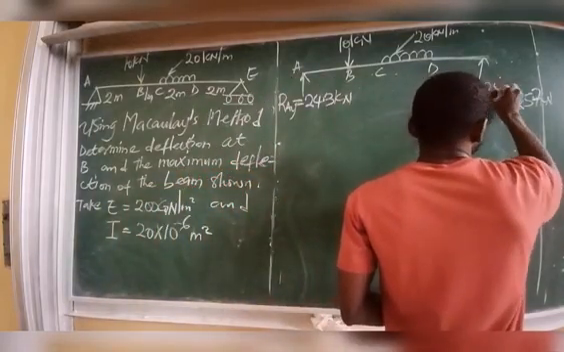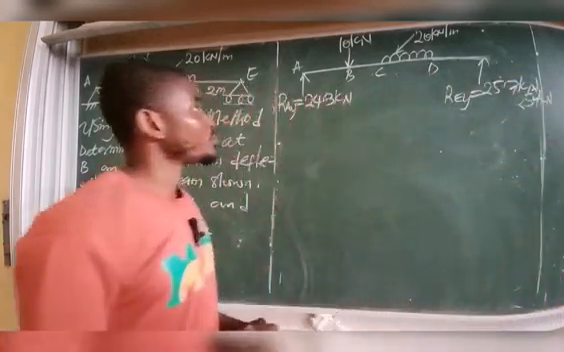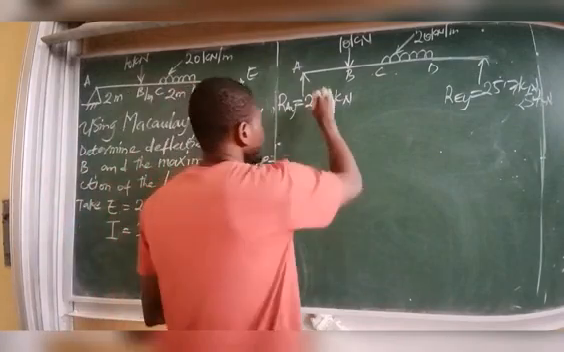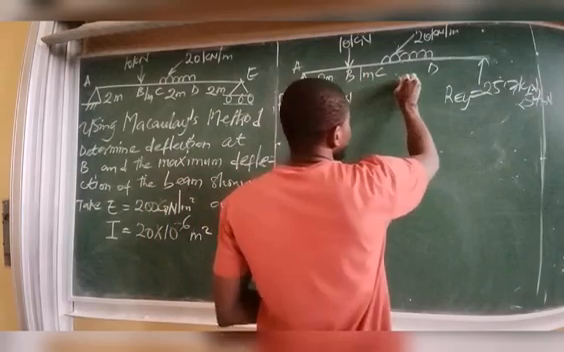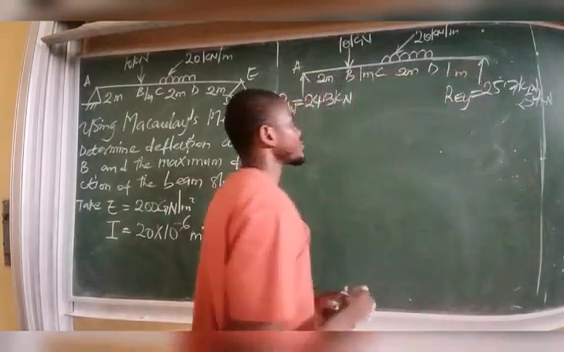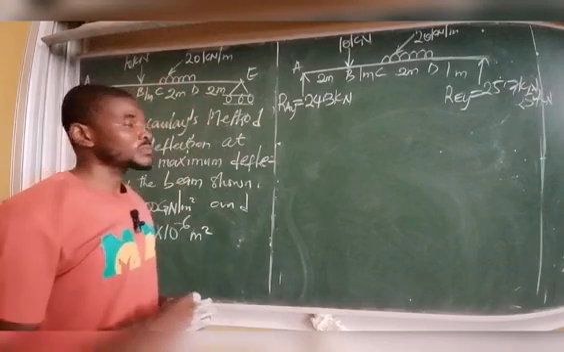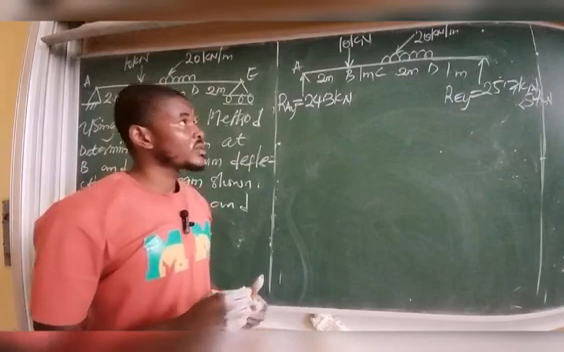That simply gave us 25.7 kilonewtons. So you plug those reactions back into the original beam. This distance is 2 meters, this is 1 meter, this is 2 meters, and this is 1 meter. All right, so using Macaulay's method to carry out this beam deflection analysis, now we are supposed